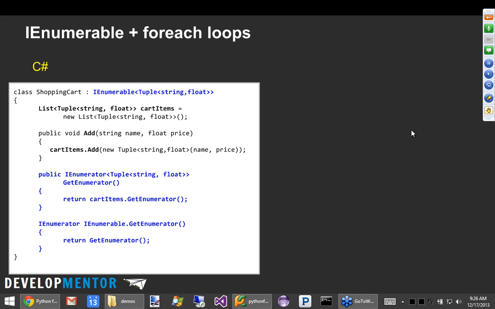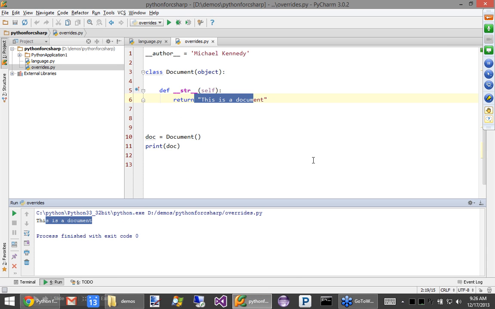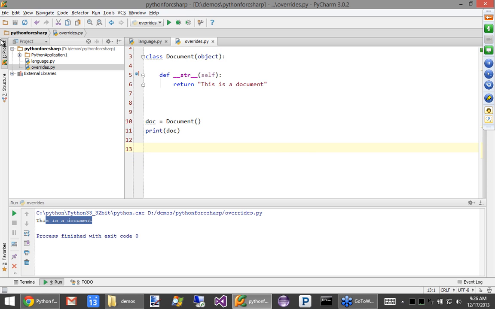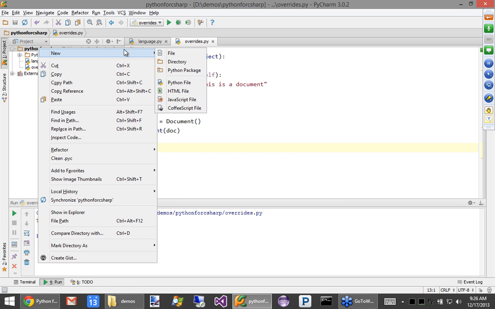Okay, so we've got IEnumerable, very nice, in C#, and you can see to implement this, it's kind of painful, but you know, whatever, it's worthwhile. If we want to literally be able to say foreach item in our shopping cart, instead of something like shoppingcart.Items, we need to implement IEnumerable, and if we were going to have our item stored as a string, comma, float, you know, name, price, or something like that. That's not the best way to store it, by the way, but it's the best way to make it fit on a screen. Then we would have an IEnumerable of this, and we'd write all this code, and this looks fairly painful. Let's see what this looks like in Python. So let's go over here and create a shopping cart really quick.